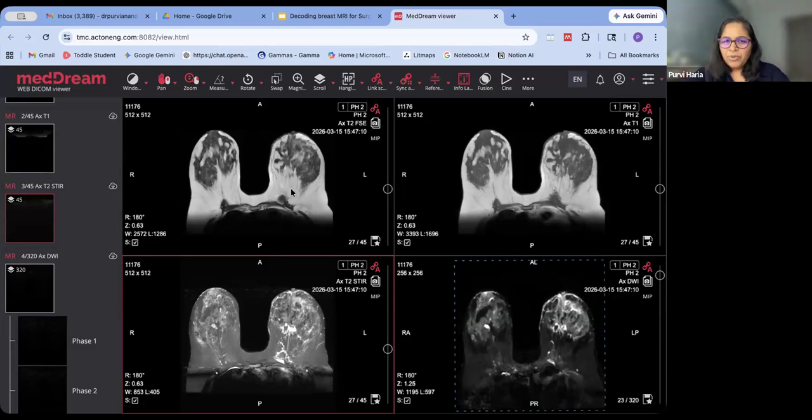On T2, fluid and fat both are bright, whereas on T1, only fat is bright, fluid becomes dark. So here there is a shade of gray which is seen. So this is the edema which is behind this mass. Okay, so this much on the